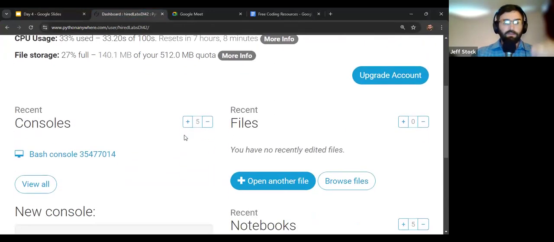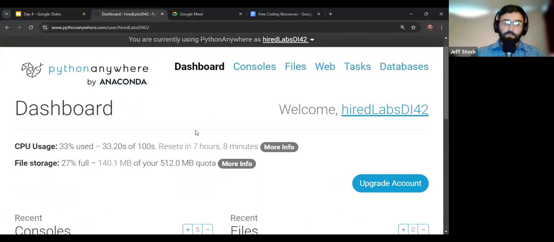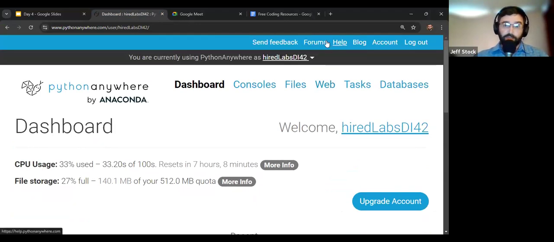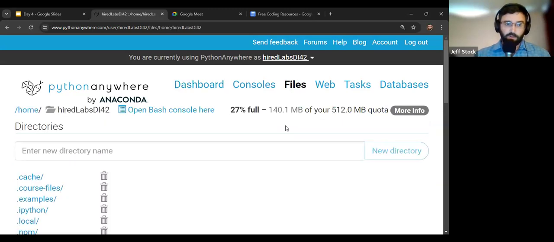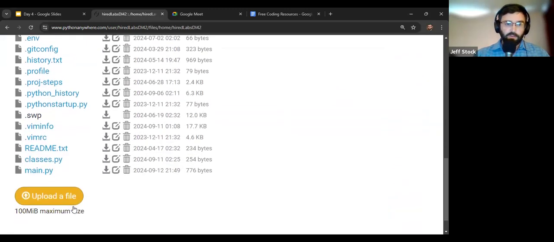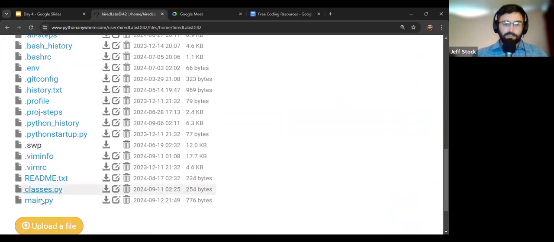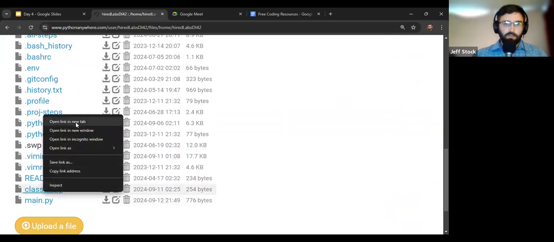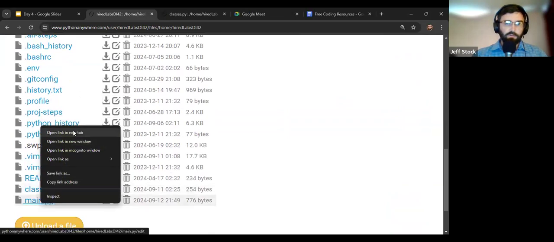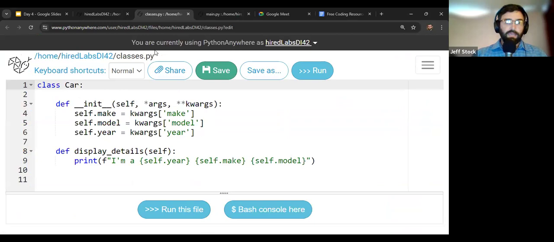But also by way of review, I'm going to slide over into our main.py file and talk about the class and the structures that we did up to now, right? So go back into Python anywhere, going into files up here from the dashboard. We should at this point have our main.py and classes.py. And if you recall, I'm just going to open both of these. So remember our classes.py has just our class definitions where we ended up, where it was just our car class defined. And we refactored our code to take in these arguments as a list.